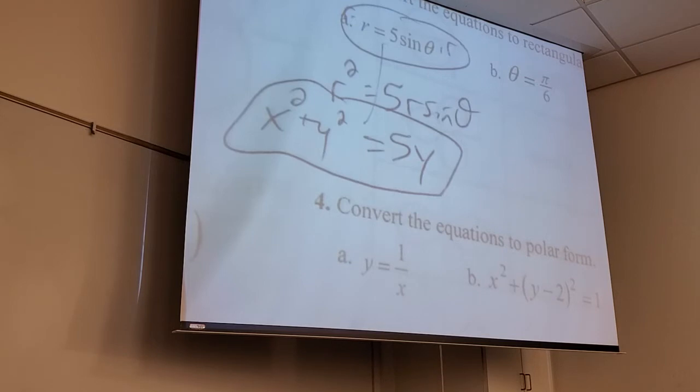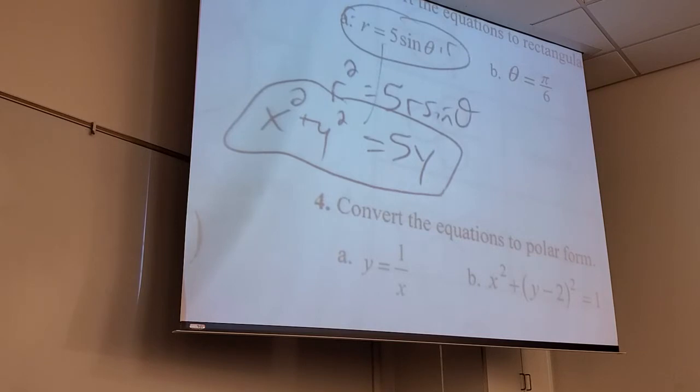That makes it easy. So here, I'm converting from polar to rectangular. I'm hoping R sine or R cosine shows up. And if it doesn't, can I make it show up? Yeah, I could just multiply by an R, and the other side became R squared. That's awesome. I'm hoping I see R squared. What about theta? Well, that's just